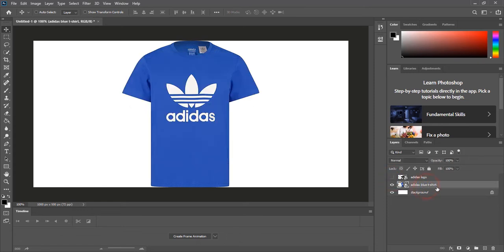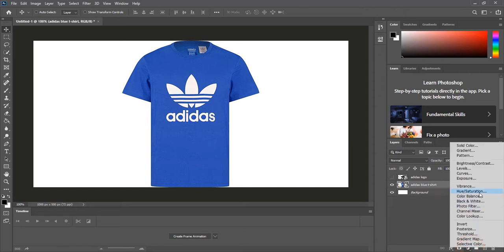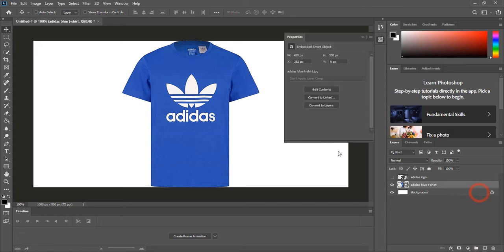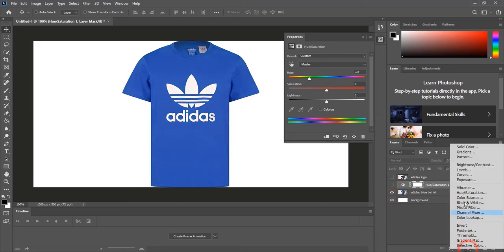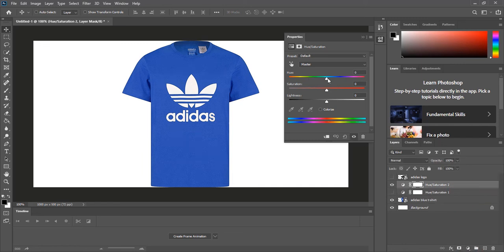Okay, select the layer of my t-shirt and I'm gonna go to this icon here, click on it and then choose hue and saturation, and here I'm gonna play a little bit with the colors. So if you modify this wheel here, it will change the colors. So for example, let's say the first color will be this one, and I'm gonna uncheck this one, create another hue and saturation, and this one let's push it all the way here, for example, for the second color, and